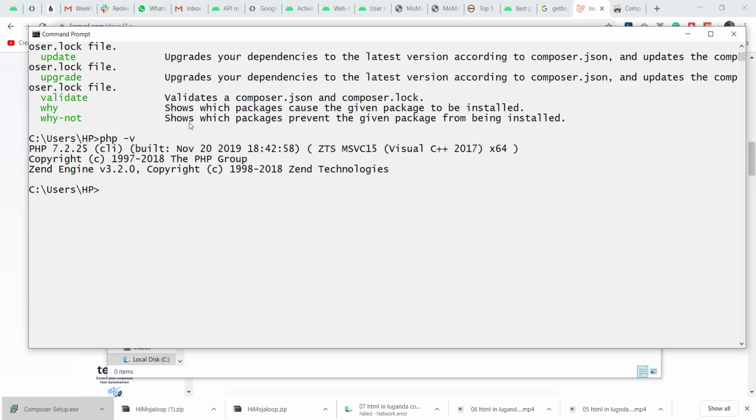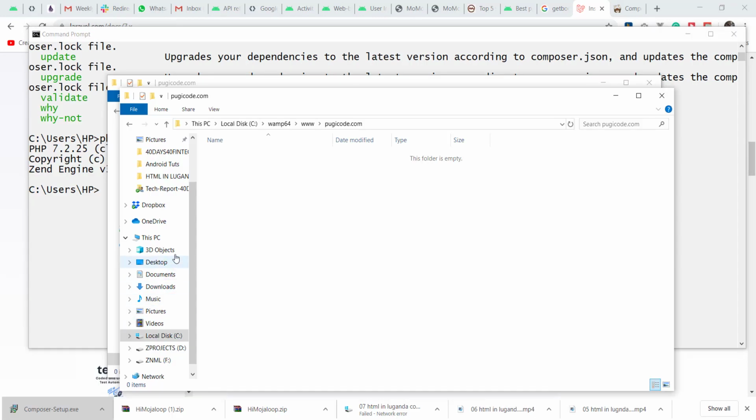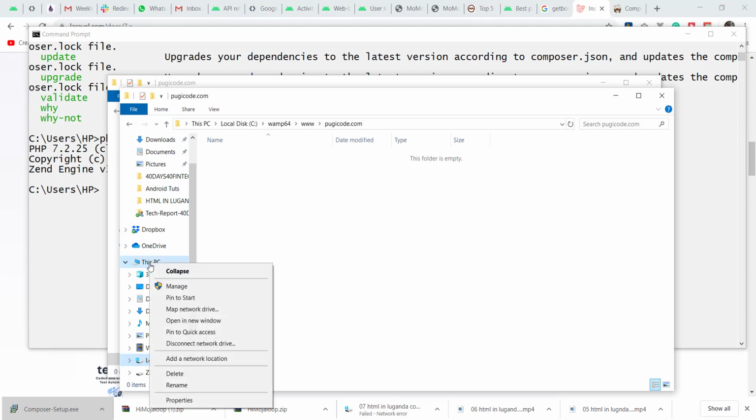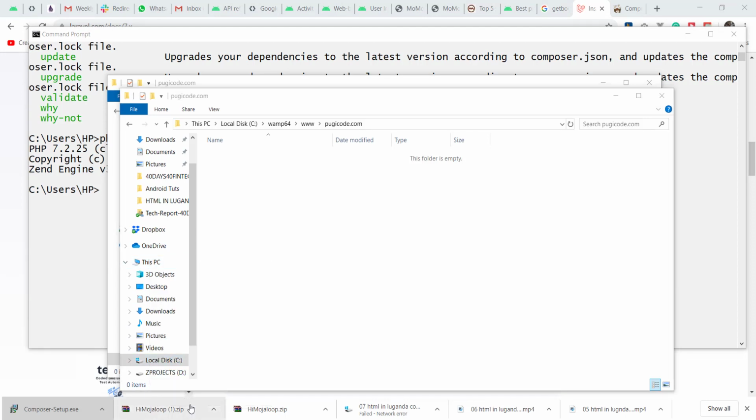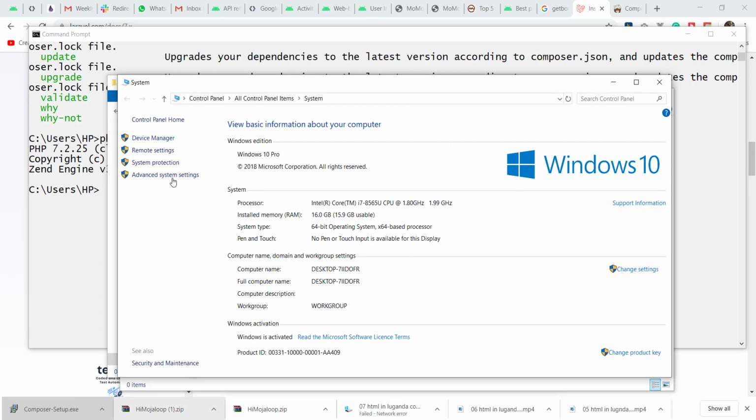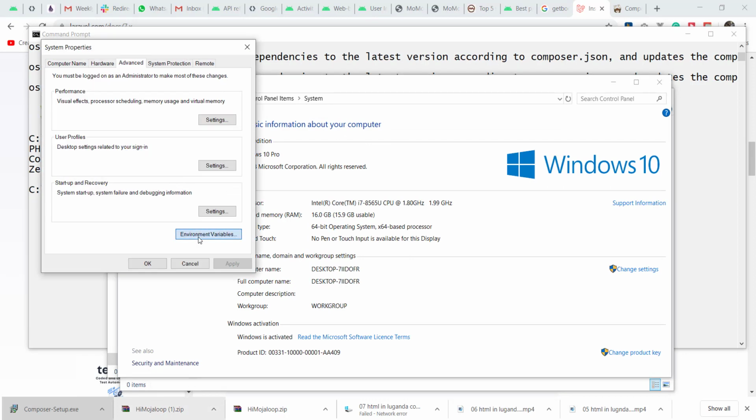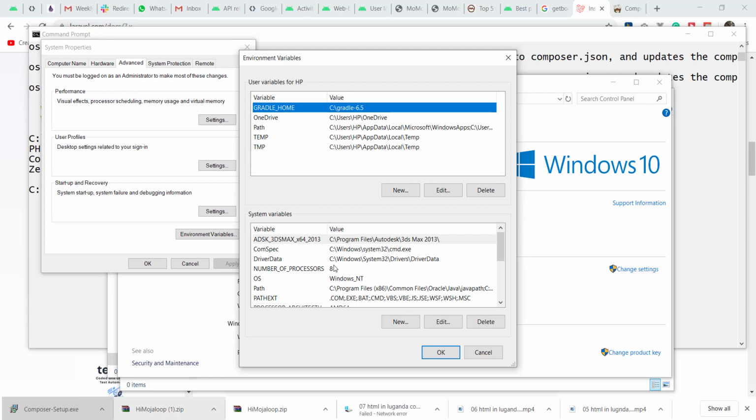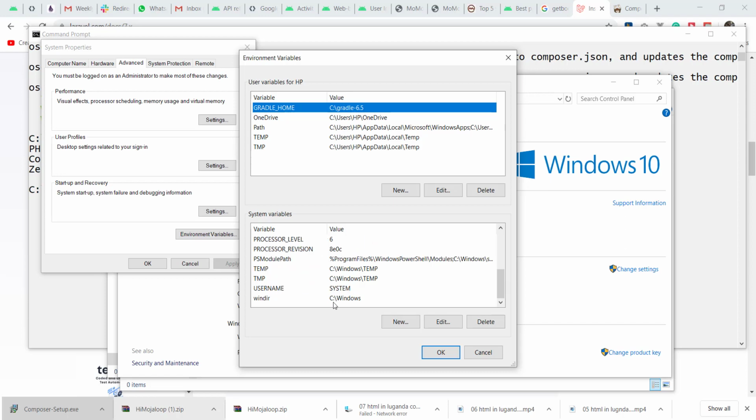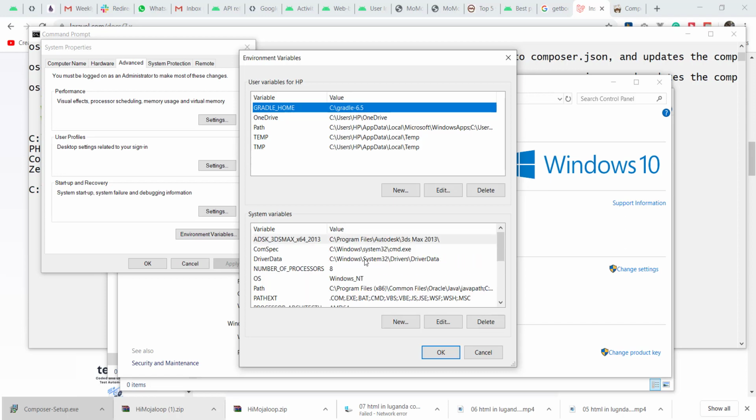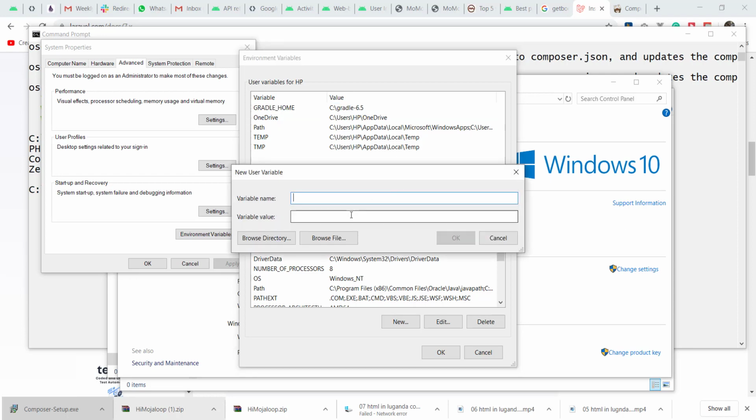Else, if you've already installed Composer and PHP, this is what you need to do now. You need to go to My Computer, and then you right click on My Computer or This PC, and then you go to Properties. You go to Advanced System Settings, Environment Variables. Then you look for your PHP version, or you can create another path for your PHP version. So, for example, you can come and create new. You see, I already have one for Gradle. And then you call it PHP maybe